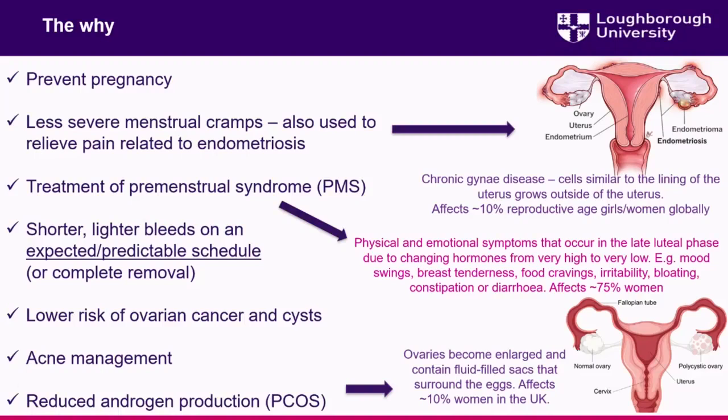I think it's pretty obvious that one of the key reasons people use hormonal contraceptives is, of course, to prevent pregnancy. But this fundamentally isn't the only reason people choose to use contraceptives. They are highly used amongst our sports personnel and general population, and this isn't the only cited reason. One of the big reasons, particularly for the people you will be recruiting for your studies, could be related to menstrual cramps that they've experienced during their menstrual cycle.